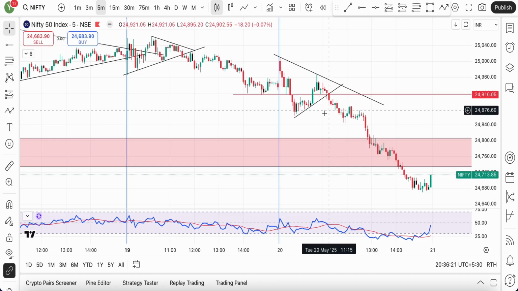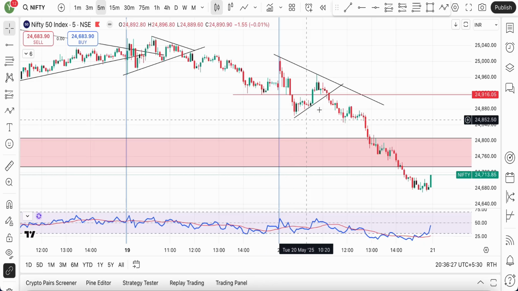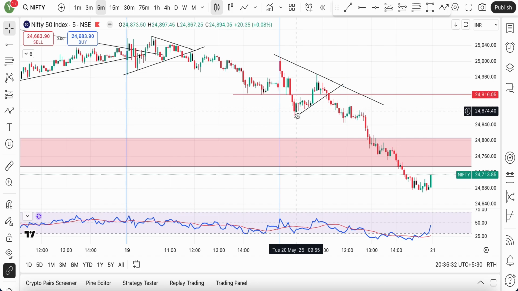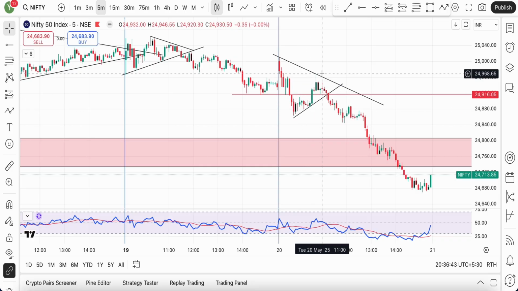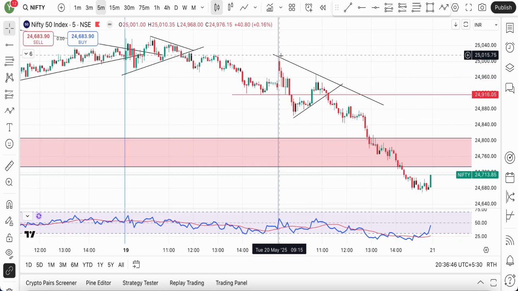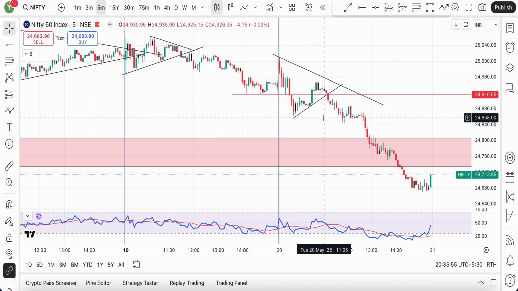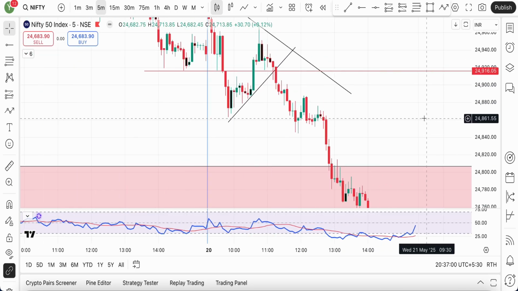With the SL around here. But what I also observed in the market was a trend line in a triangle formation, which was around here, a trend line coming in from the top, a trend line connecting these two lows from the bottom. And once it broke down from this particular triangle, it was also below the previous day's low. The market structure which was established was of a bearish territory on an intraday format. On an intraday time period, the market structure is of a lower high and lower low, and that is where I wanted to take a short trade around these levels. But all I needed was a pullback, which came in the form of this particular